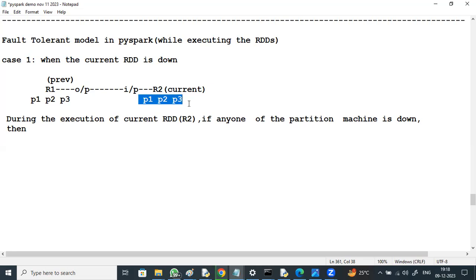Everything is cleared from the RAM and reinitiated and reloaded into other slaves, other than the current systems, by taking the input from R1, where R1 is still available. So it will deallocate, again take the input from R1 and load into three different machines. Understood now? Still, during the execution, if any one of the partition machines is down,